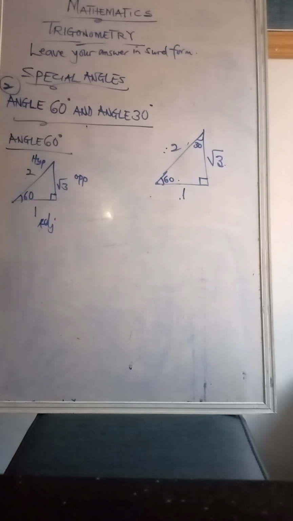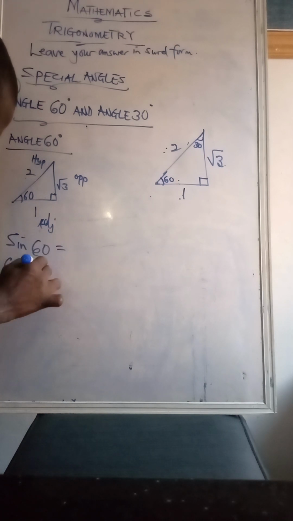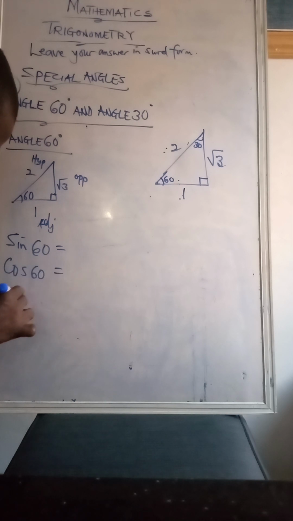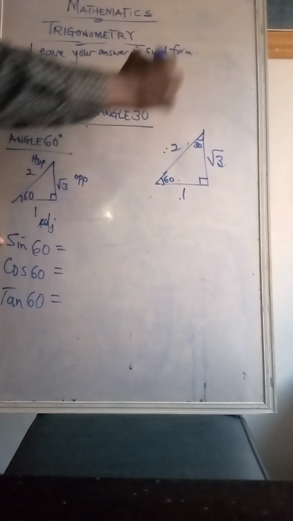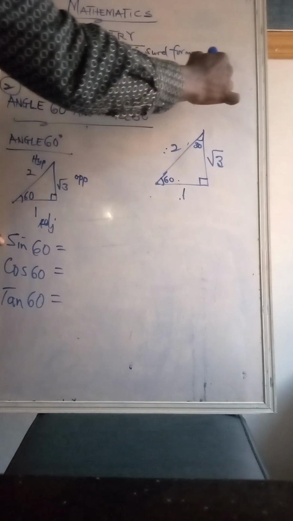Now, let's consider the trig. The first one, sine 60. What will it be? Cos 60 and tan 60 degrees. Okay, fine. Now, according to the SOHCAHTOA,